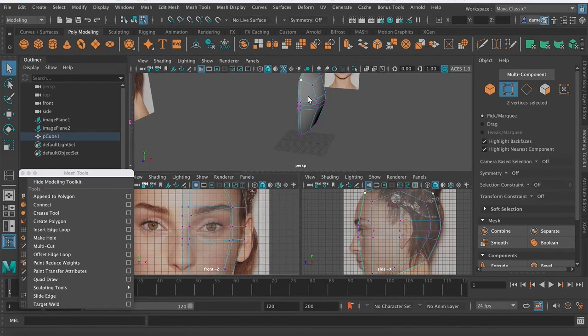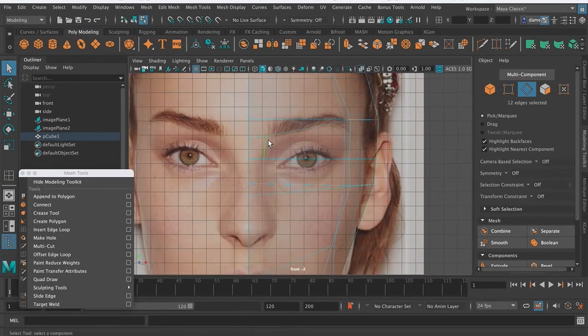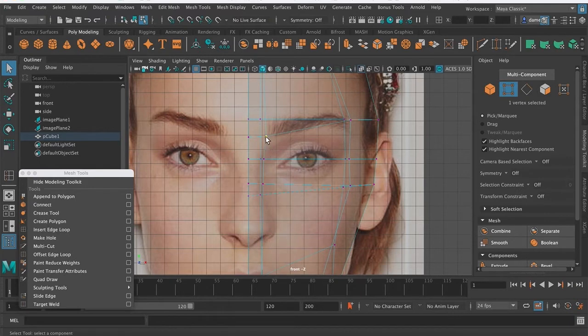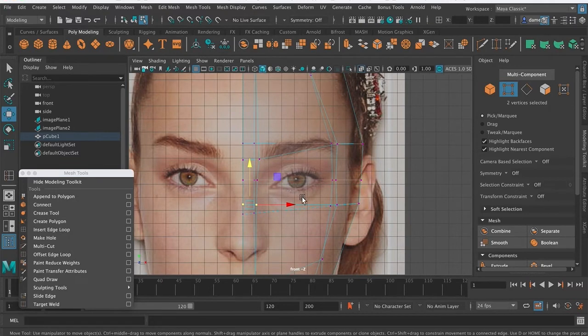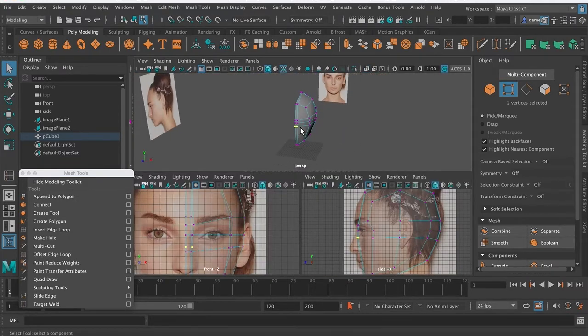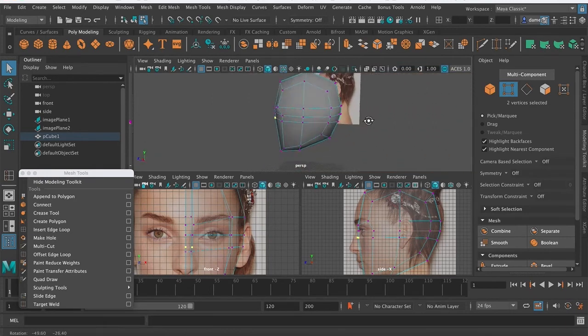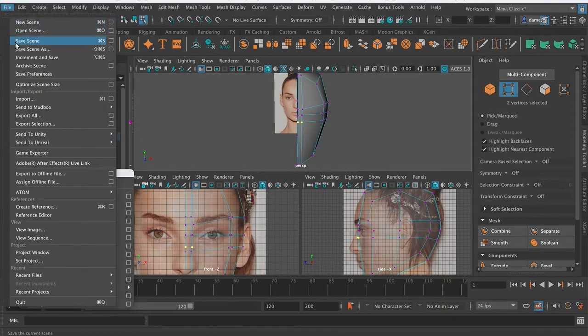Remember that for this edge loop, and I'll just select again just to kind of go over what we did, it's mainly about tracing the edge of the nose and making sure that this vertex connects with the eyebrow. And then this vertex, the placement isn't quite as important, but I'm just going to move it down just a shade there. So just make sure things are kind of even throughout. Remember that the slide edge tool can be kind of your friend here. So from here, I'm just going to save my work and